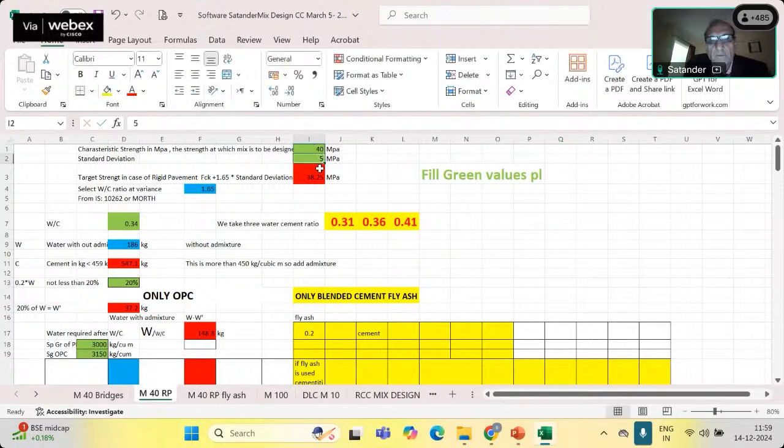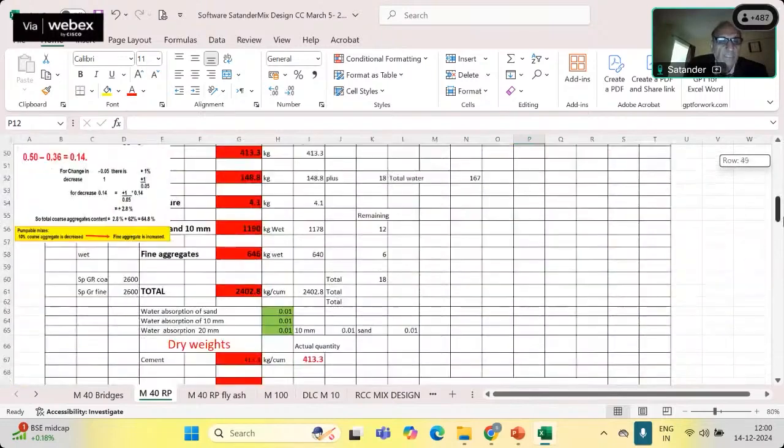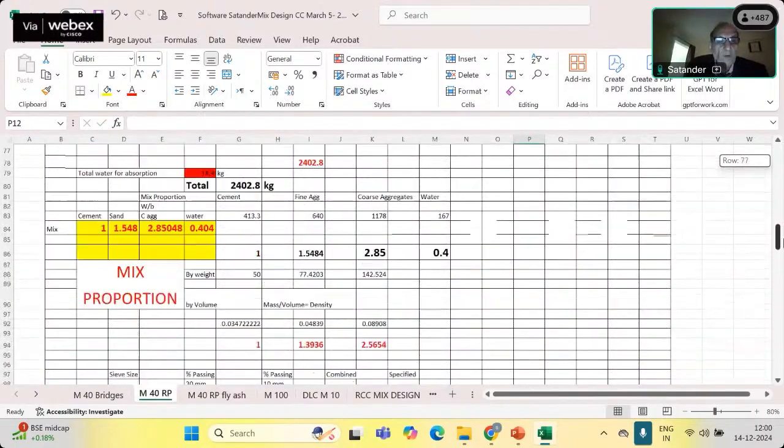Standard deviation, suppose 5.48 is the target. Suppose I am doing a concrete road median. The water cement ratio was 0.36. Enter. I have put all the water absorption and plasticizer content here. Now you see the median has come. Please note down this value. The median is